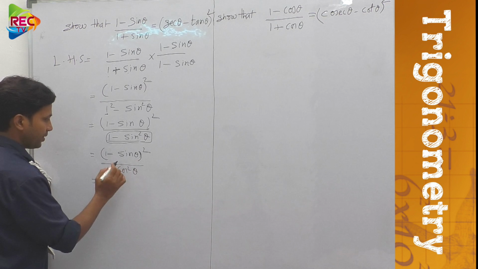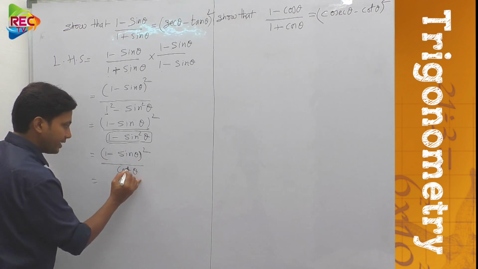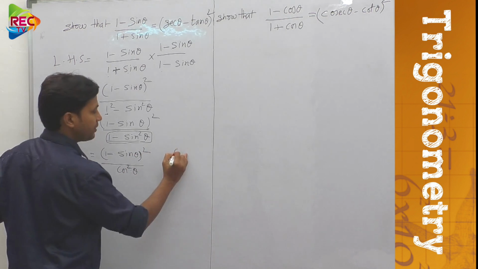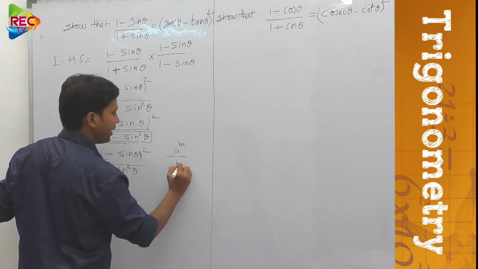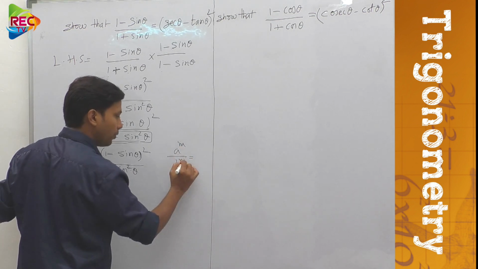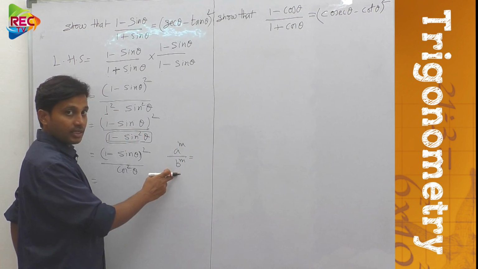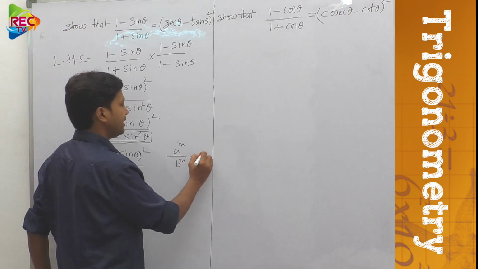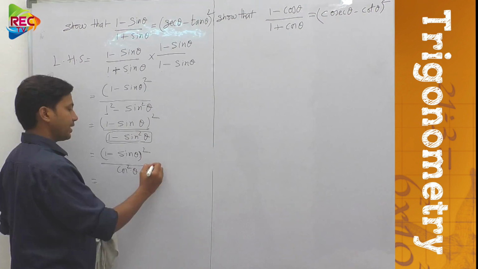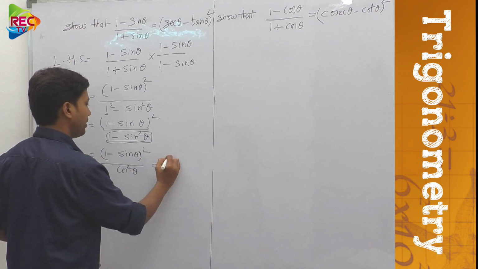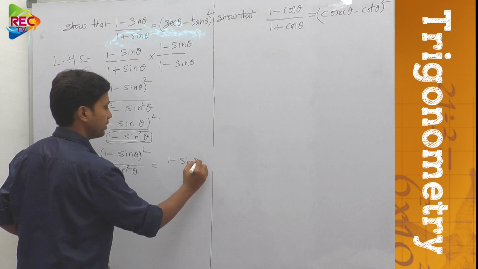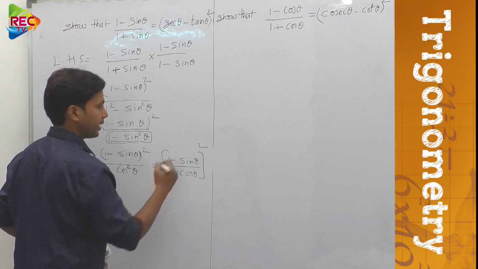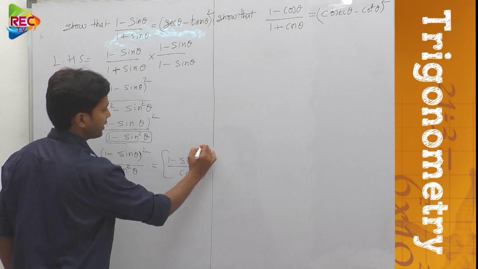Here, just see, the exponent value is 2 in the numerator and also 2 in the denominator, as we know a to the power of m by b to the power of m. When for two different bases there is a common exponent value or common power, then we can write it as (a by b) whole to the power of m. That would be (1 minus sin theta) by cos theta, that whole square. Understood?